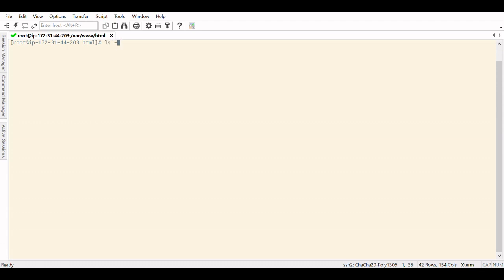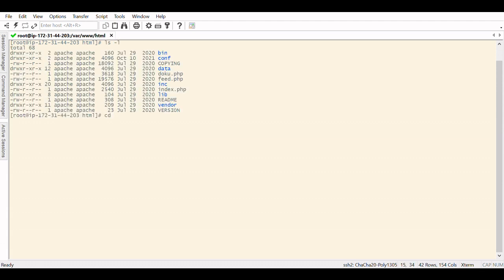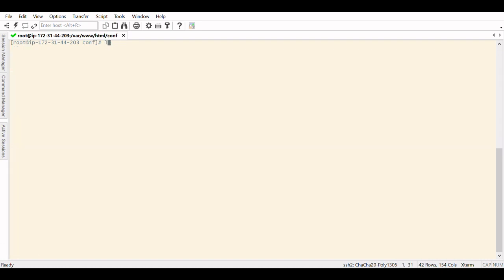And just for funsies, let's cd into config. So now if we go back to pwd, which just gives you the current directory, I believe, you can see var www, and we went into HTML and then config. So ls -l, and these are a bunch of